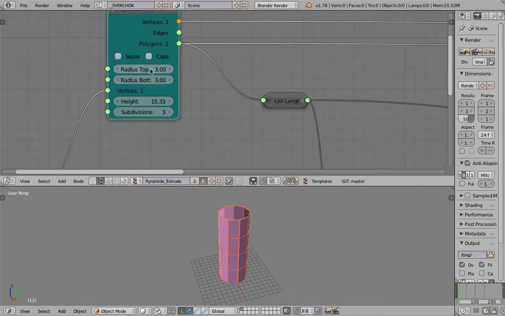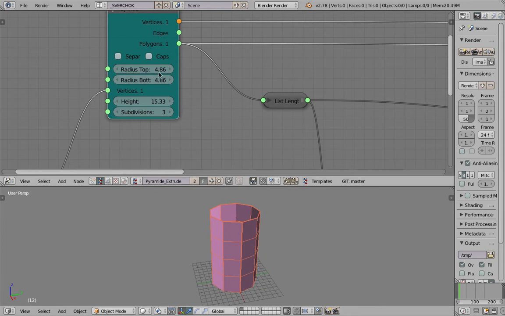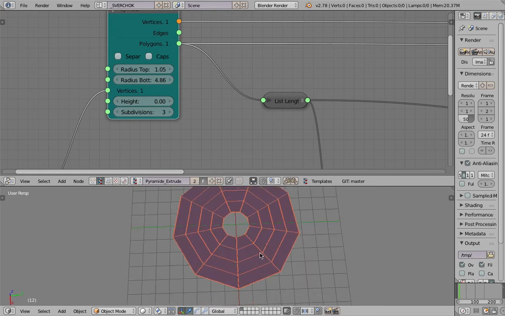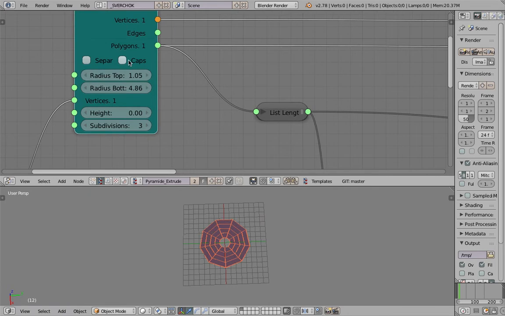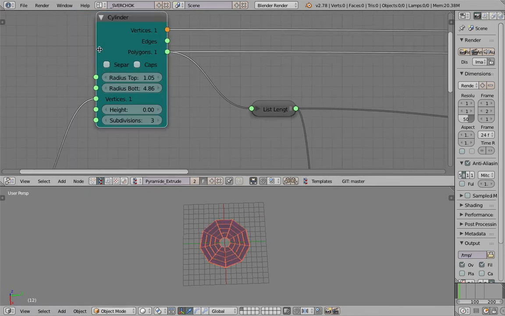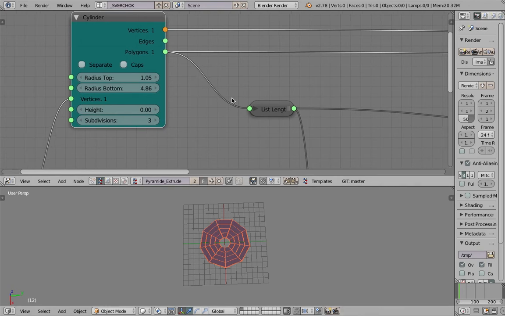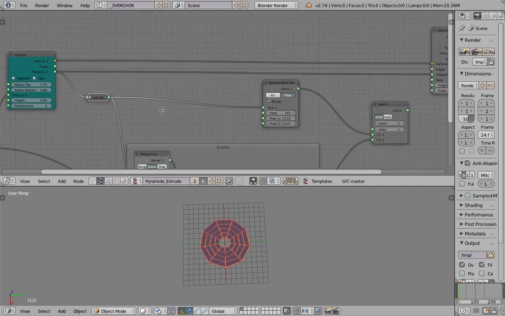If the cylinder has the same radius on top and bottom, of course you get a normal cylinder. If you make it smaller on the top, you get something like a cone. And if you get rid of the height totally, you get a spider web kind of design. It's almost like a ring in Spreadshow. You don't need the caps. The caps give the cap on the top and the bottom. I just turn it off and you get something like this, and the rest is actually quite